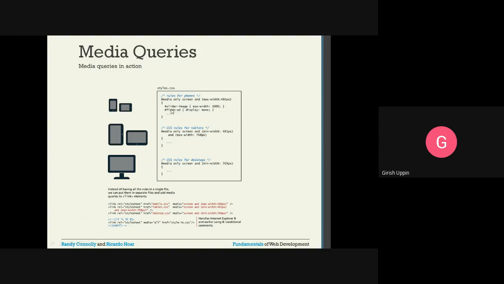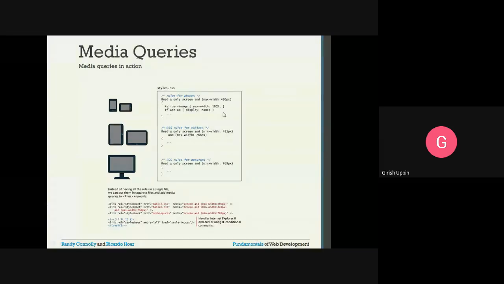Inside here, we have the media queries. So this is the comment: rules for the phones at media only, screen and max width colon 480 pixel. So if this condition is true, then we are setting the properties here. All the properties that would be suitable for the max width of 480 pixel. Now next is CSS rule for tablets. Let us say the width is more than that. So you can see the media query at media only screen, and we are specifying the minimum width and the maximum width. So what would be the minimum width?